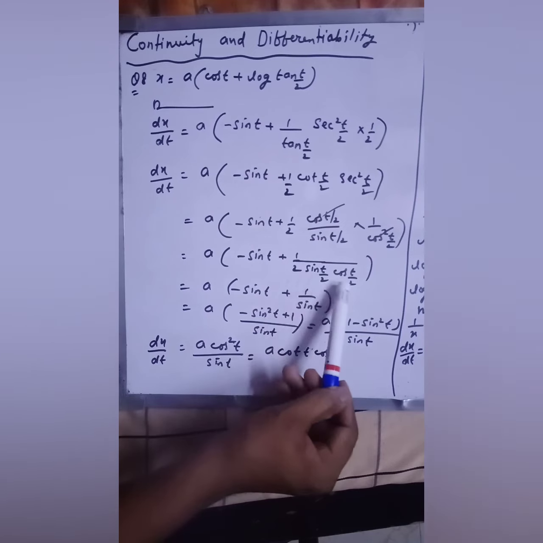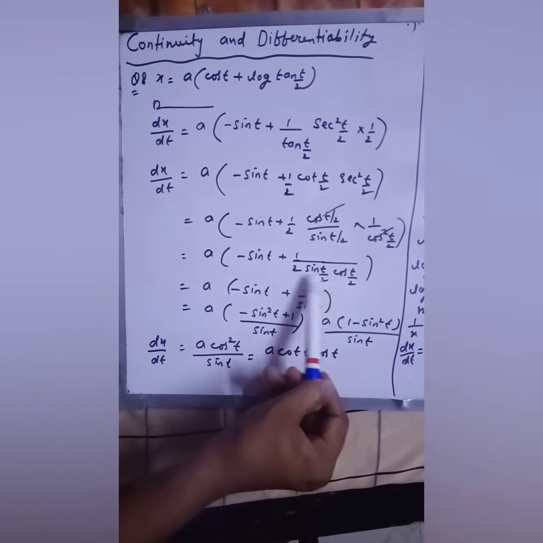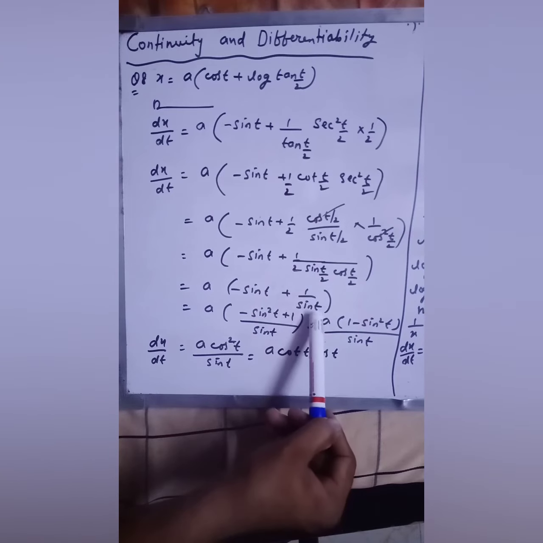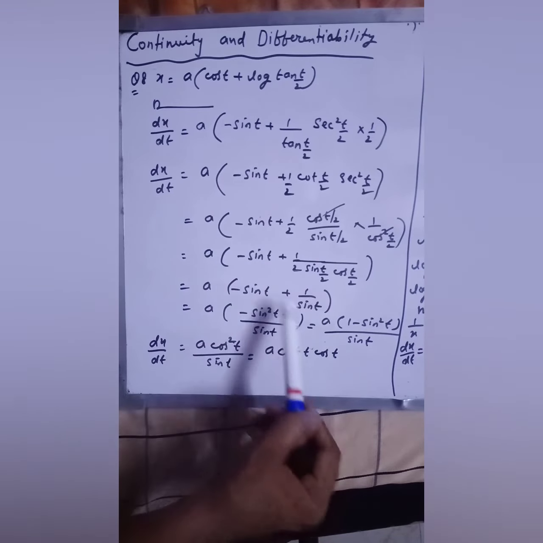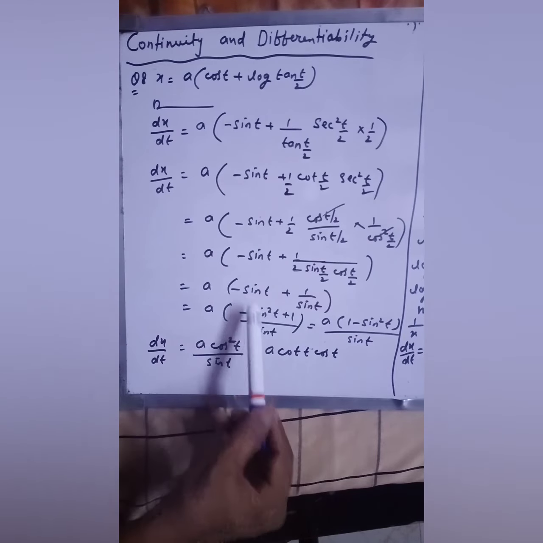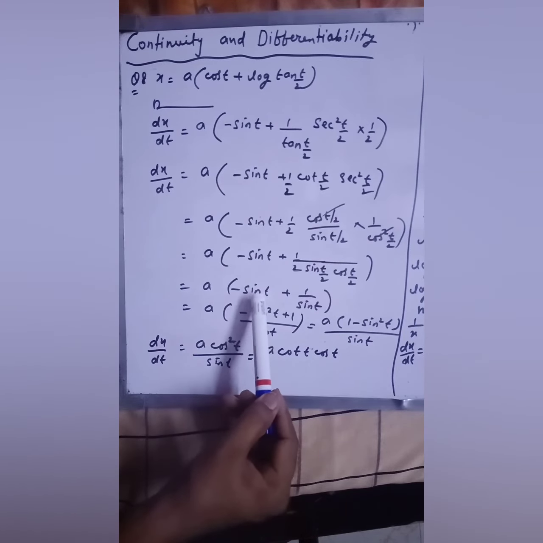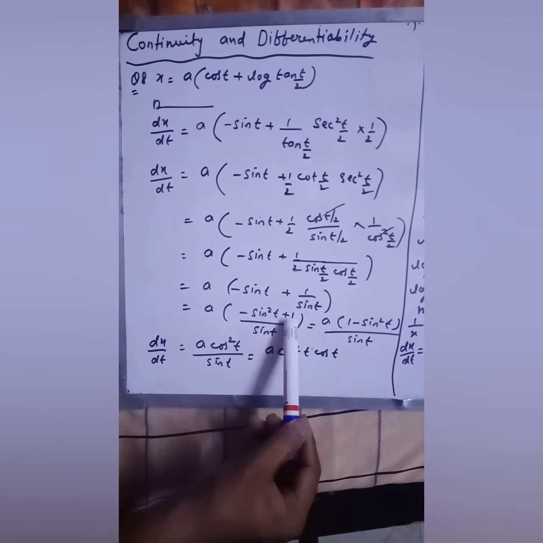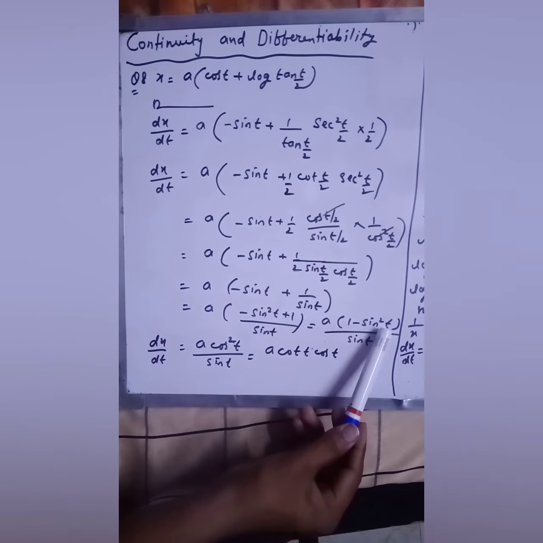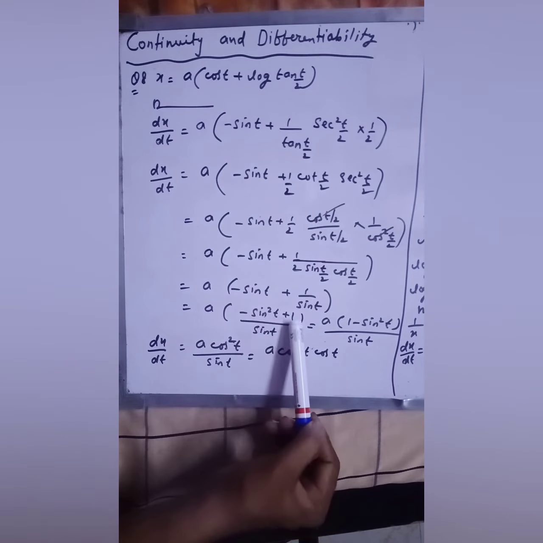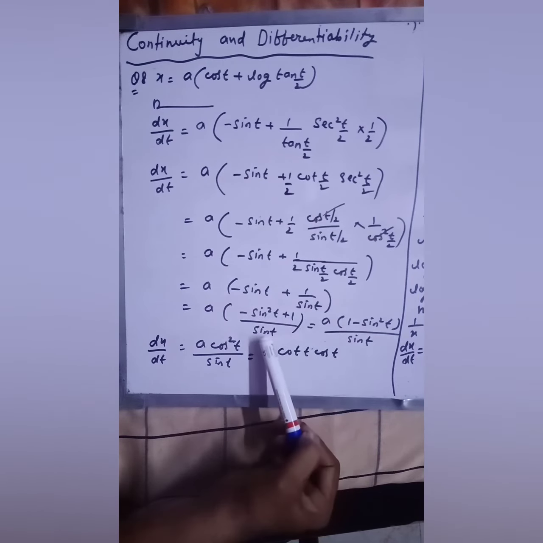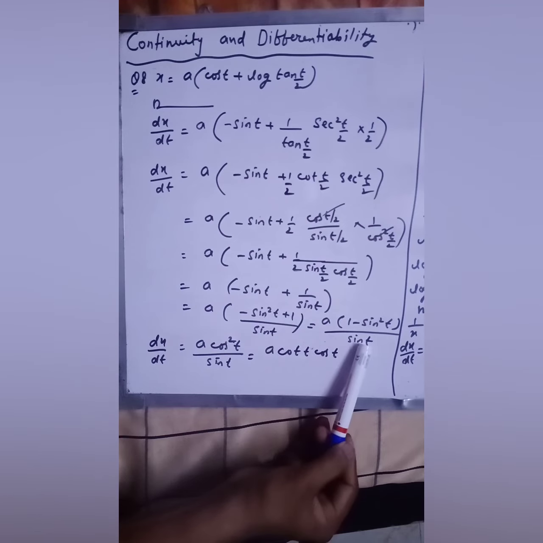As you know that this is the formula of sine t. So in place of this, I'm writing sine t. This term will remain the same, a will remain the same. Okay, within the bracket, now you have to take the LCM. Your LCM will be minus sine square t plus 1 over sine t, and it is 1. This can be written as 1 minus sine square t. A and a will remain the same. I'm writing this 1 minus sine square t, and in the denominator you have to write sine t.